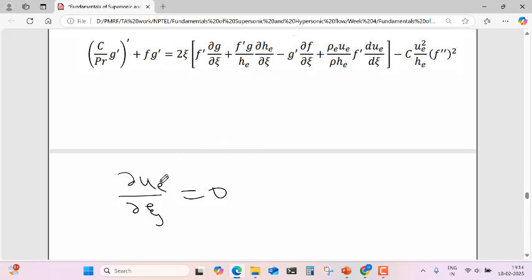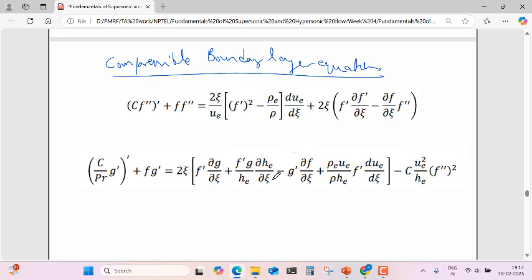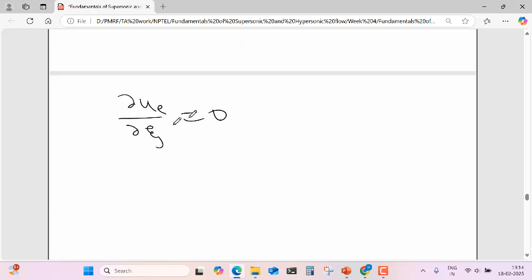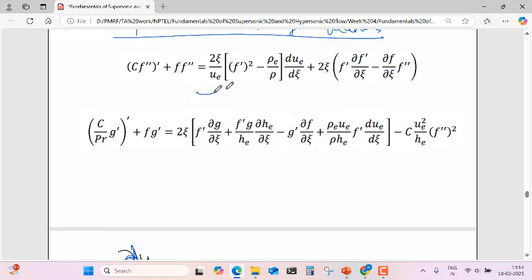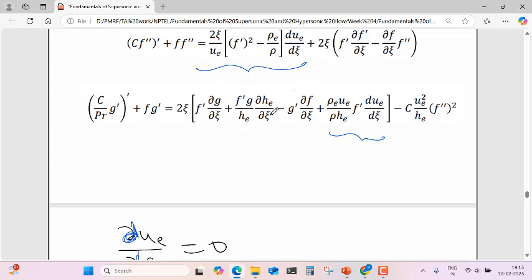So dUe by d xi equal to 0. So this term will become 0, this term will become 0, this term will be 0, so our equation will become